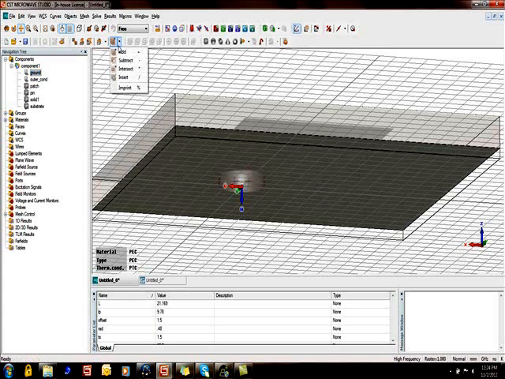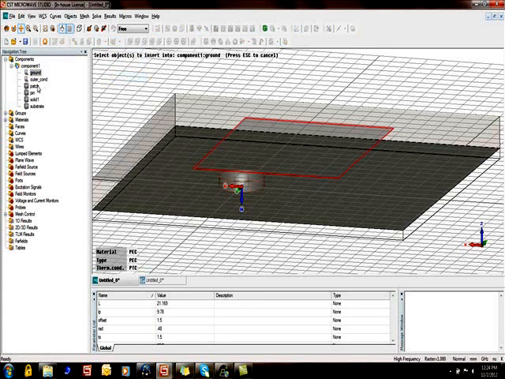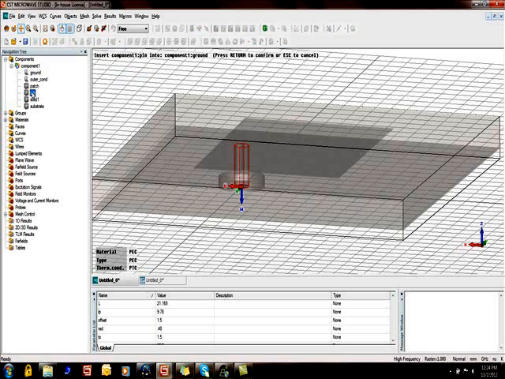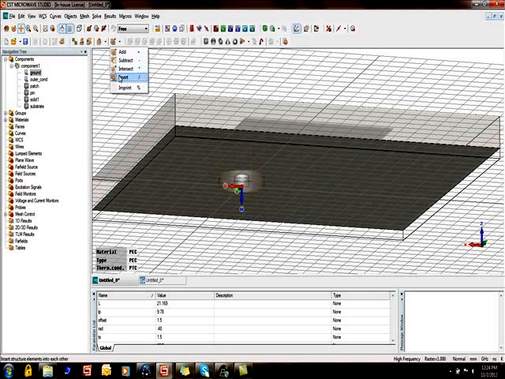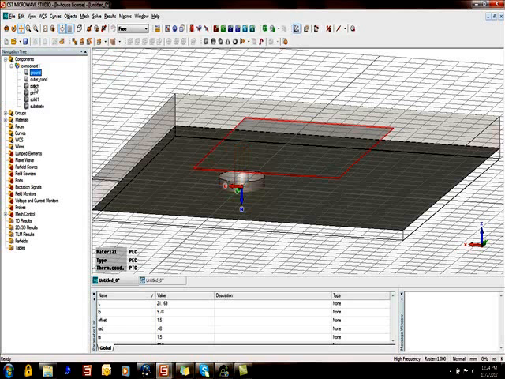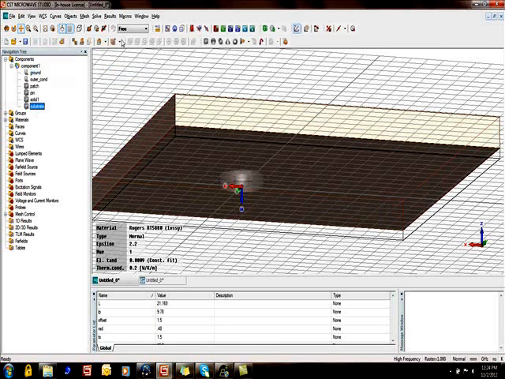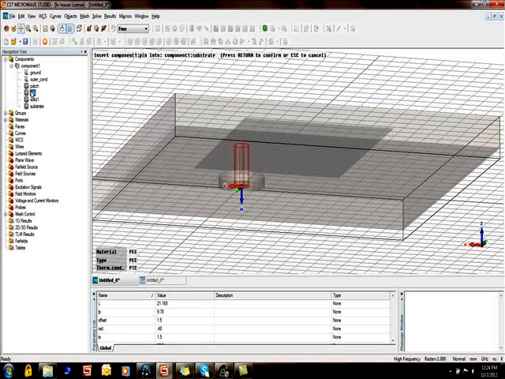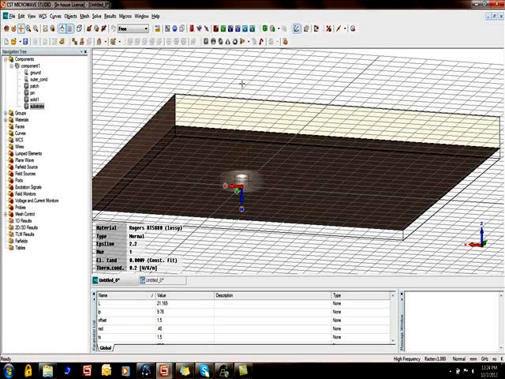Again click on insert, select pin and then click insert, and then again insert and select dielectric. Okay. For substrate also, you need to insert pin, click on plane and then press OK.